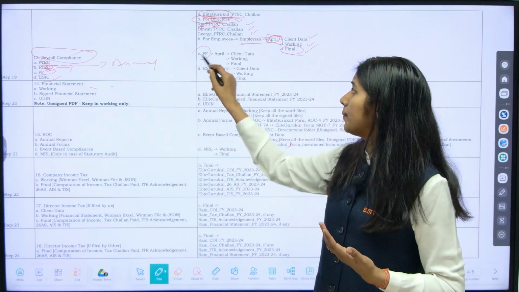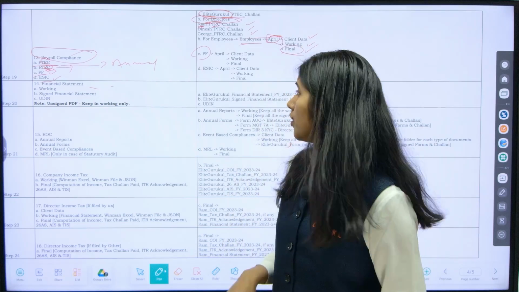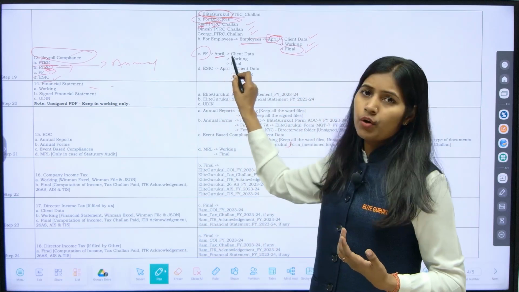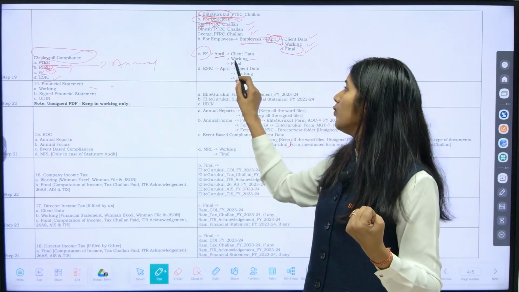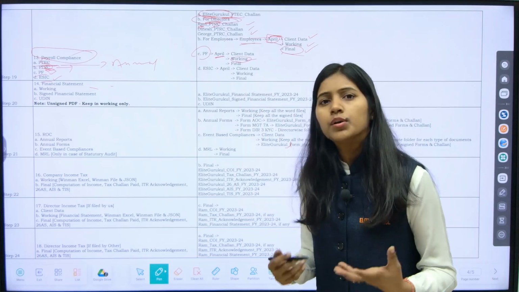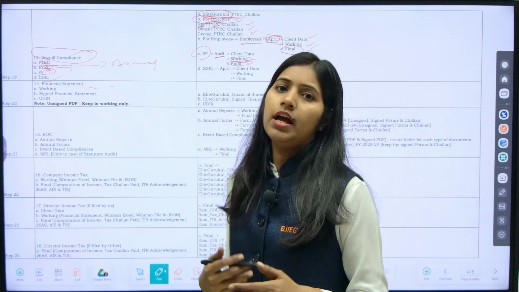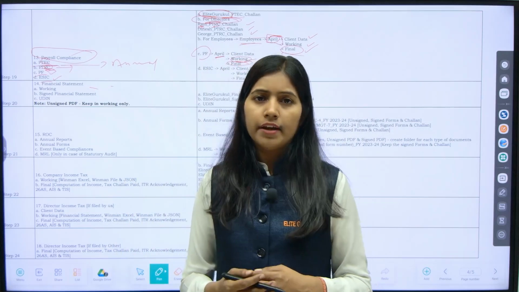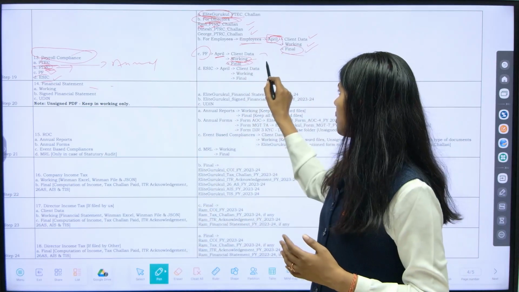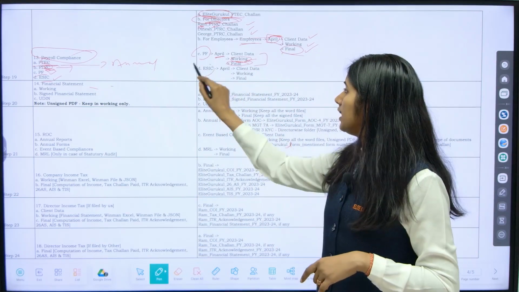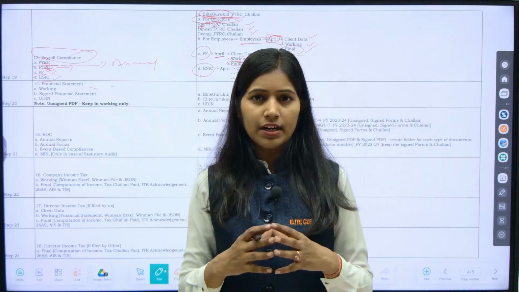And the same goes with PF, because PF is a monthly compliance, monthly payment you have to do. So again, a month folder: the data which you have received from the client, because the client will give you the data, and then working, whatever working you have done to calculate the PF amount, and then the final. So once your PF is submitted, errors are resolved, you download the challan and make the payment, done. Payment receipt will come to you. So you are supposed to keep all the final data here. Same goes with ESIC. So if you prepare data like this, then your payroll compliances are done.